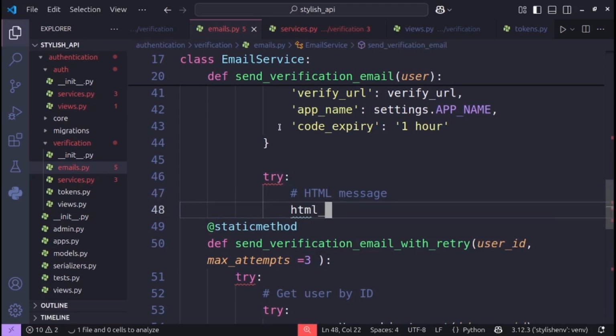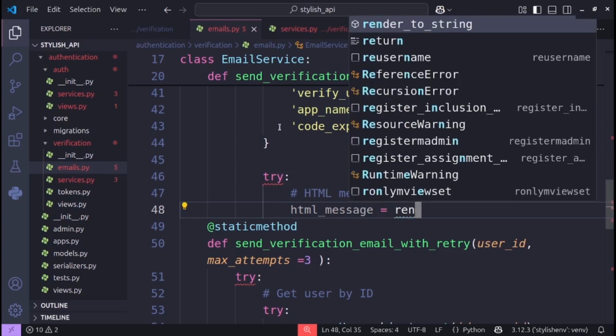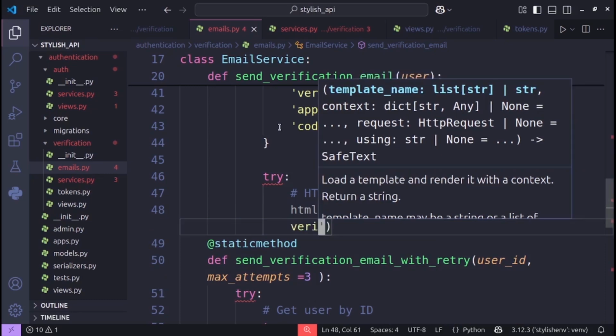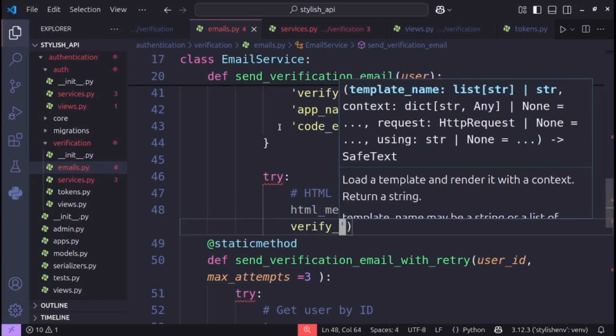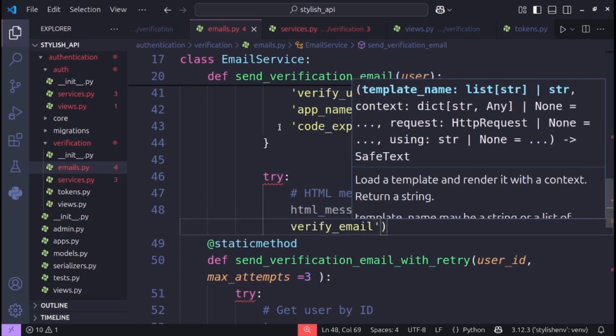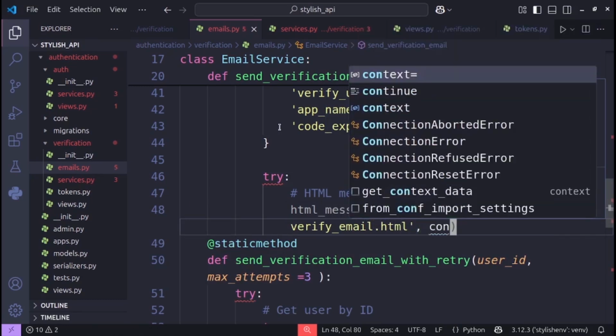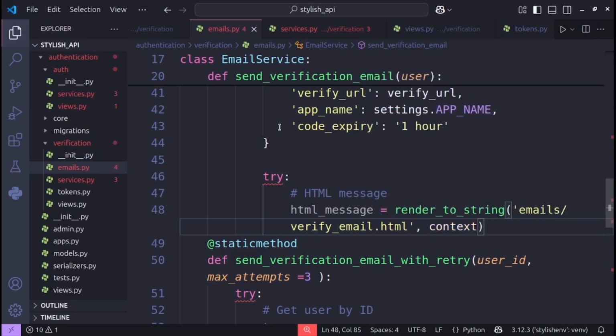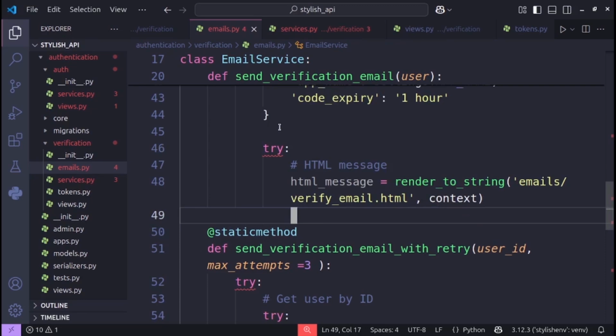So HTML message, we need to define that variable, render to string. So this one emails, then verify email.html. So after that, then we pass the context, the one that we defined the app. From there,